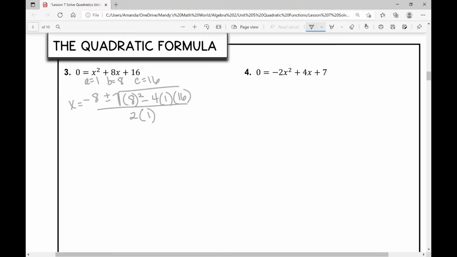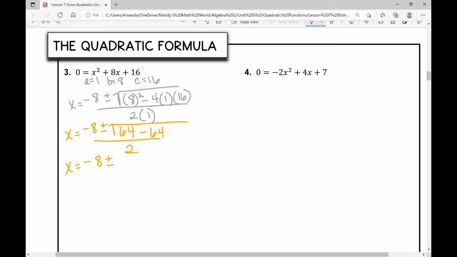And now let's simplify a little bit at a time. The first thing I want to do is simplify the discriminant. Let's find that discriminant. So plus or minus 8 squared is what? 64. Negative 4 times 1 times 16 is negative 64 over 2. And in this case, I get x equals negative 8 plus or minus, what is 64 minus 64? It's 0. So I get the square root of 0 over 2,